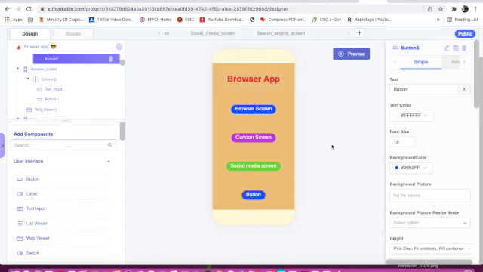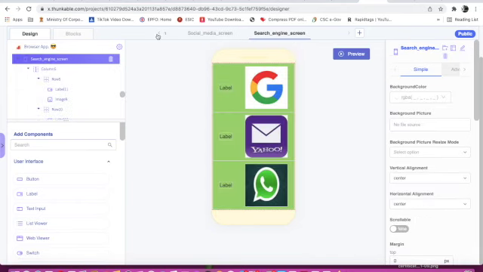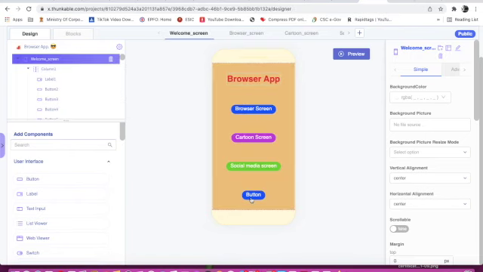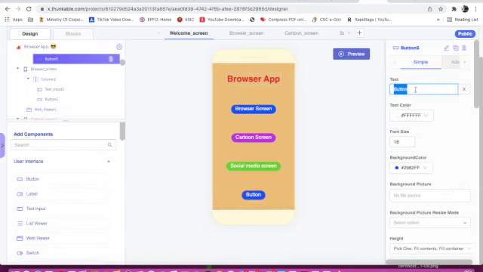And here it will be search engine screen. This is the search engine screen. Here we will type search engine screen.